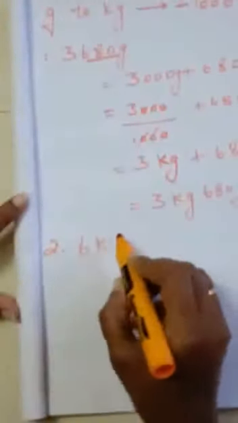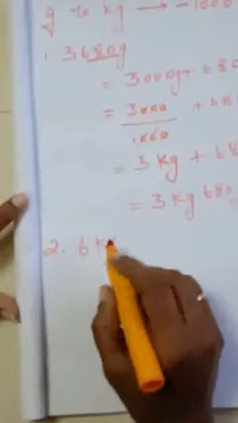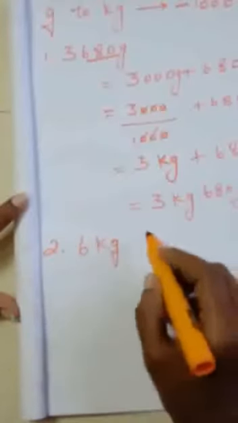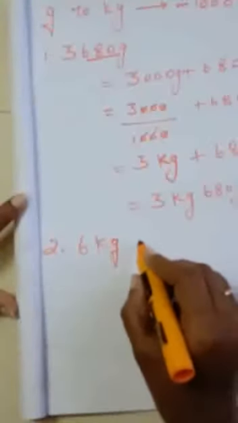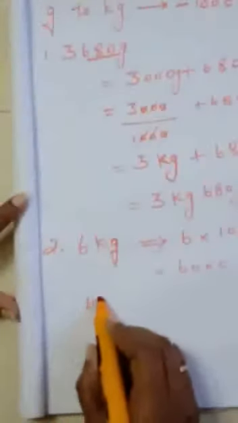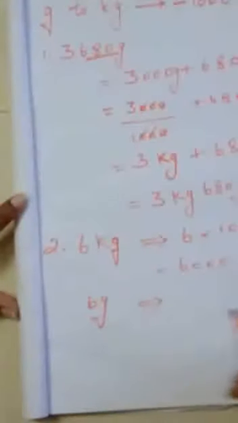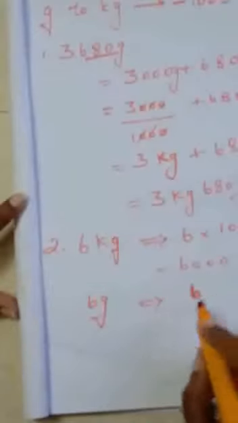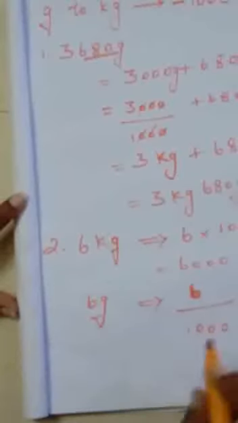I can give you a small value like 6 kg. 6 kg is given. You have to convert this into gram. You will be doing it by multiplication, 6 into 1000, 6000. But if 6 gram is given, then 6 divided by 1000. This is the difference you have to know. Clear? So when you divide this, you will get